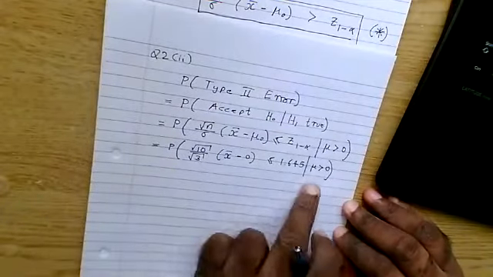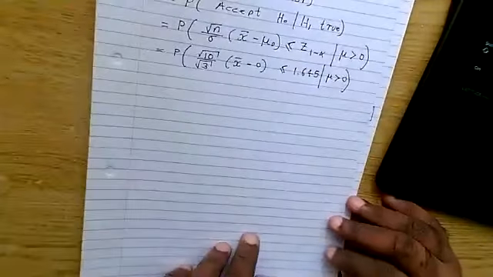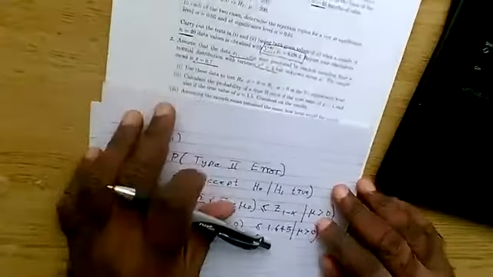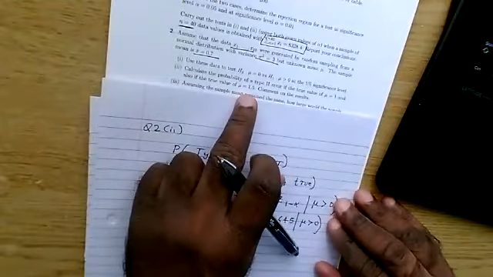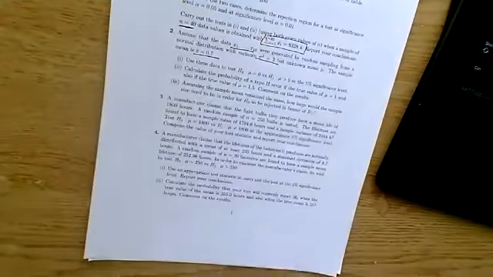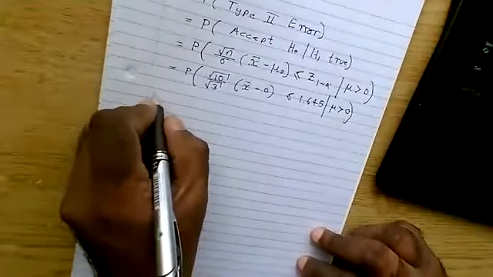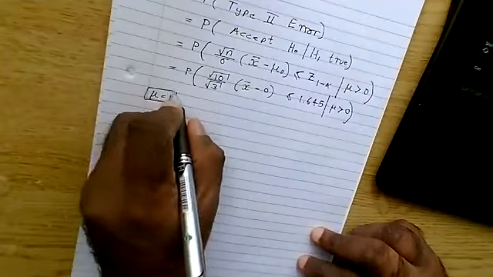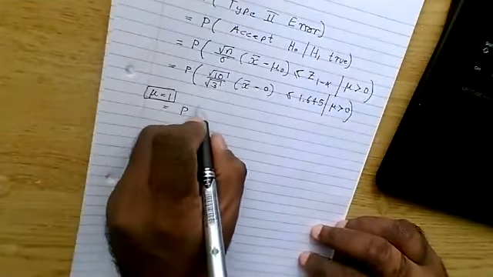All right, now we are asked to compute this. You should go back to the question, guys. It's asking you to compute the type 2 error probability when mu is 1 and when mu is 1.5. Right. So let's first consider the case that mu is equal to 1. In this case, the probability will become